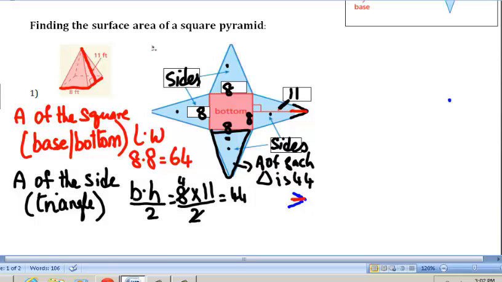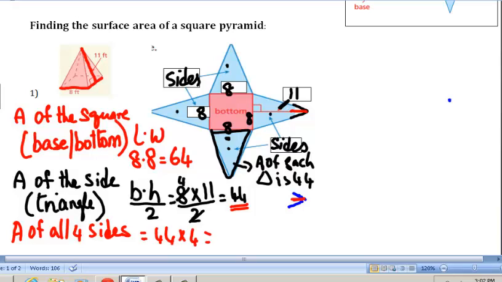Now you can figure out the others by doing every time, or you can just multiply this answer by 4 to give you the area of all 4 triangles. So area of all 4 sides equals 44 times 4, which gives you 176. Now in order to find the total area, which is nothing but the surface area, it's just a fancy way of calling the total area of the 3D figure,